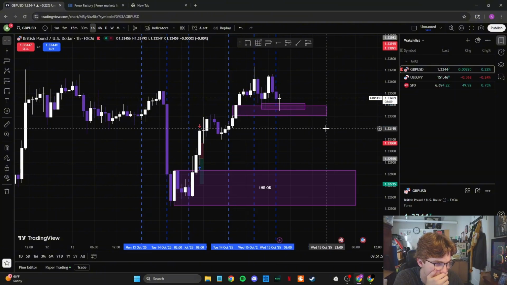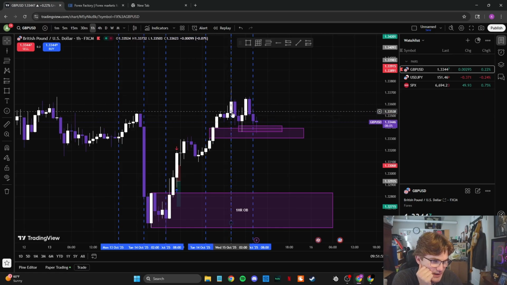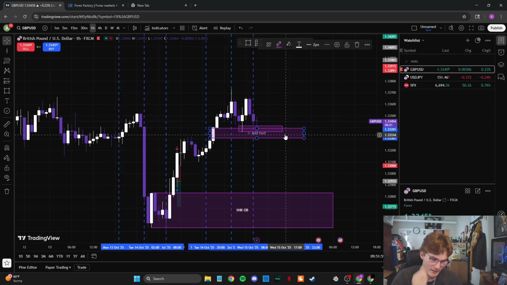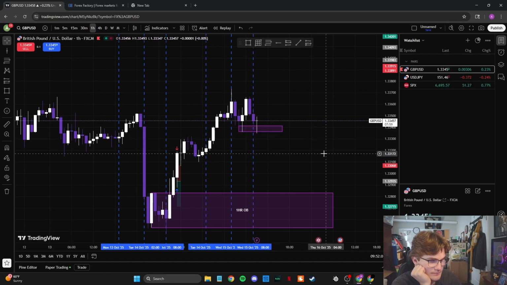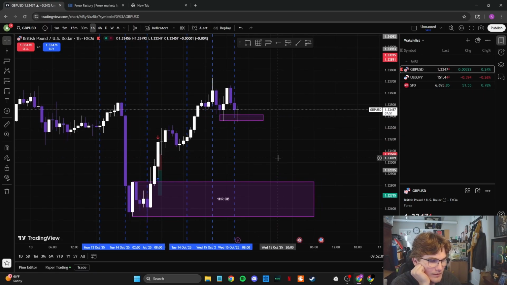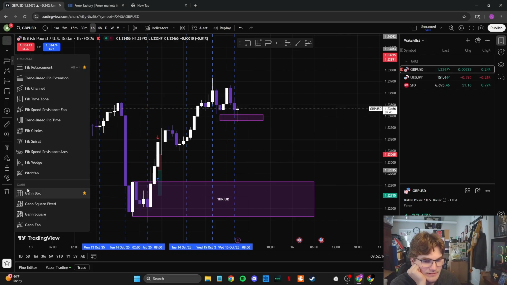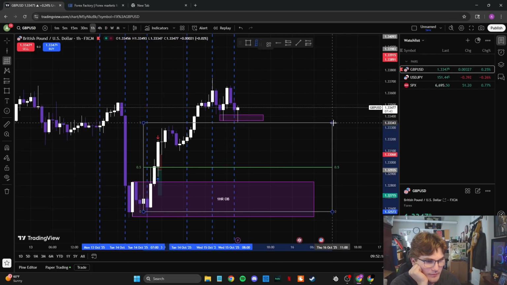A little bit in there, which already got tapped twice. It got hit this first time and ended up going higher, so we can't really use that one, because it's getting hit again. These are the London lows. Like I said, we could do this equilibrium from the move up.